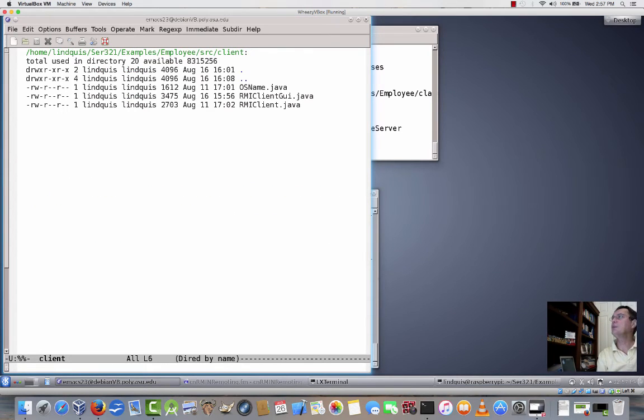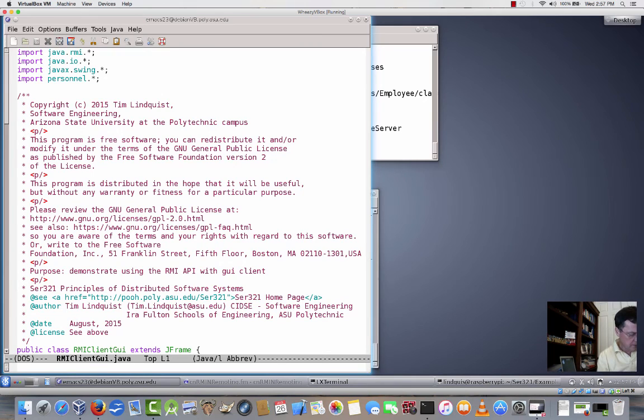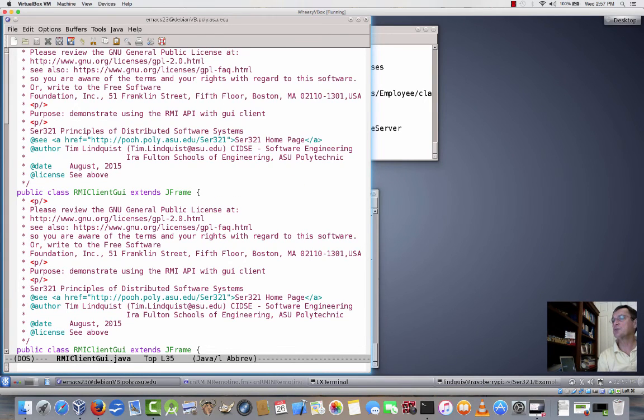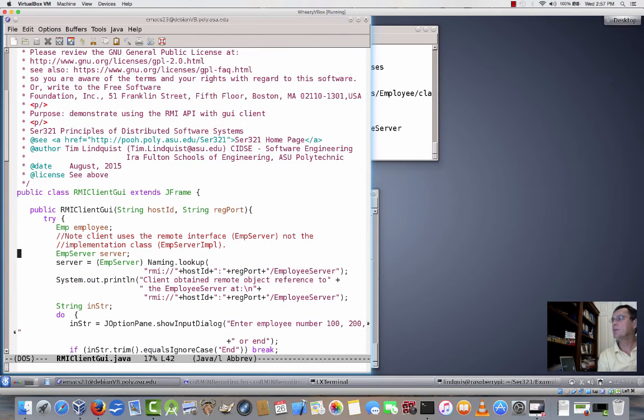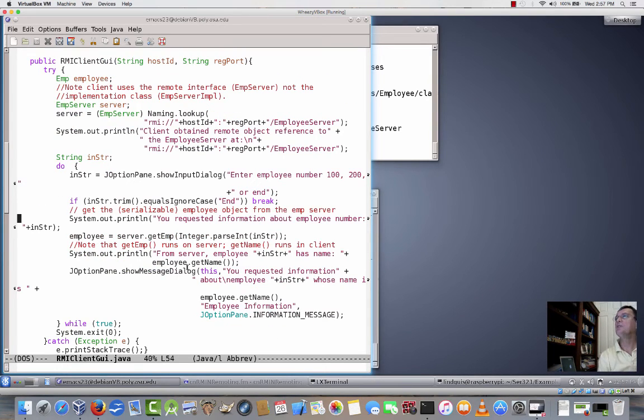OS name has nothing to do with it. It's just a method to pin out one of the system properties. Not sure why it got left in here. So here's the GUI part of it. This is our first exposure to MVC. And we'll talk more about it, but this class, I hope, does nothing more than take care of the